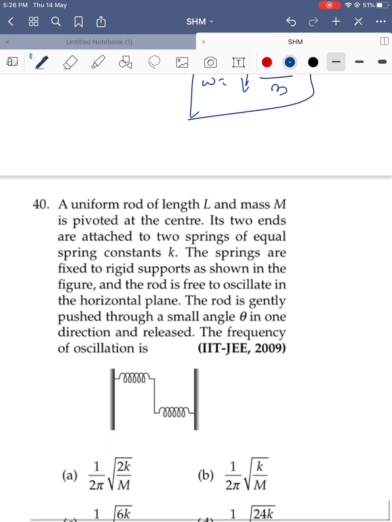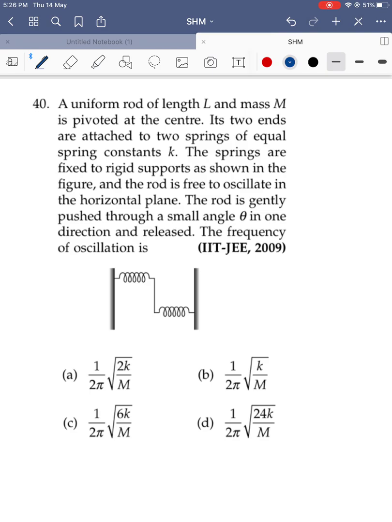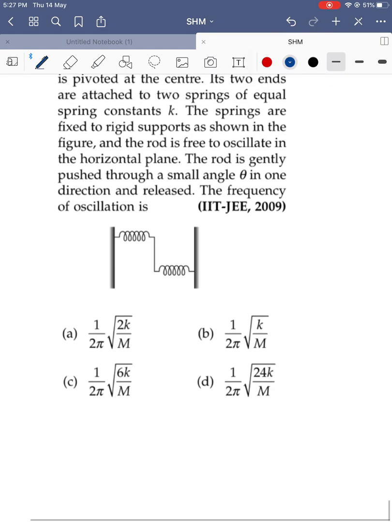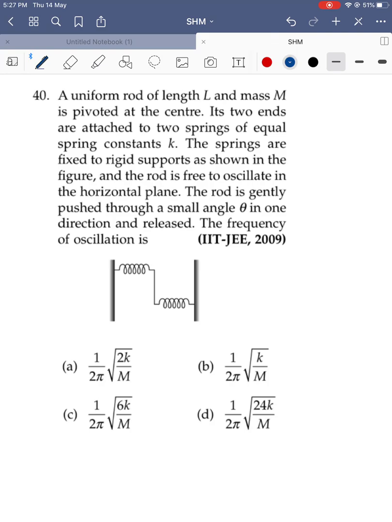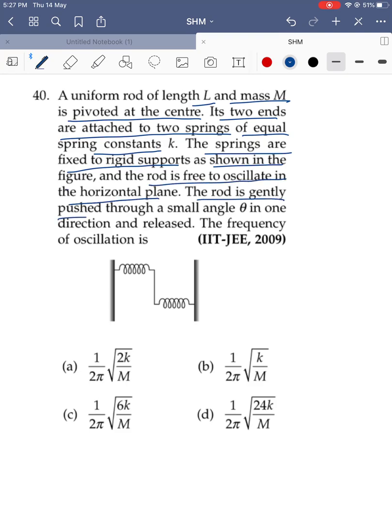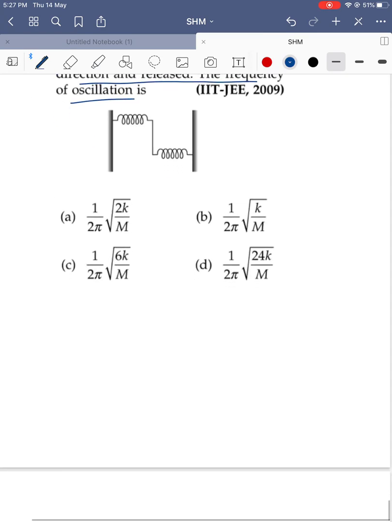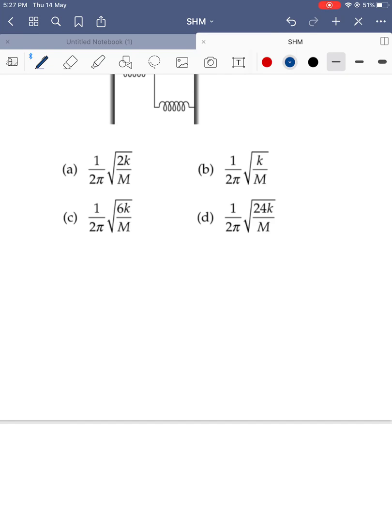Everywhere we are doing the same thing. Now you see the same question was asked in JEE Advanced. A rod of length L, mass m, is pivoted at the center. Two ends of the rod are attached to springs of equal length and constant K. The springs are fixed to rigid supports as shown in the figure. The rod is free to oscillate in the horizontal plane. The rod is gently pushed through a small angle theta. The frequency of oscillation is...